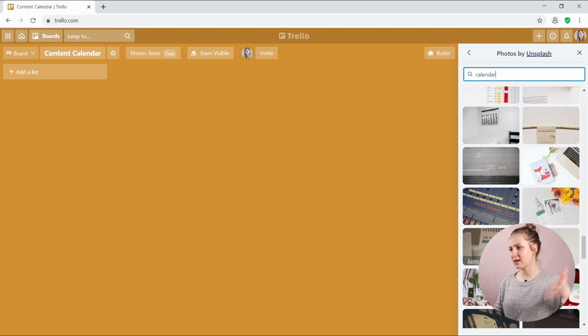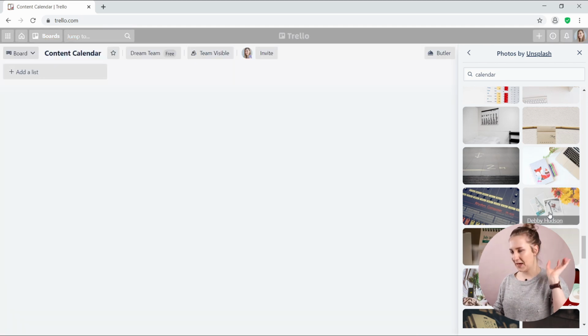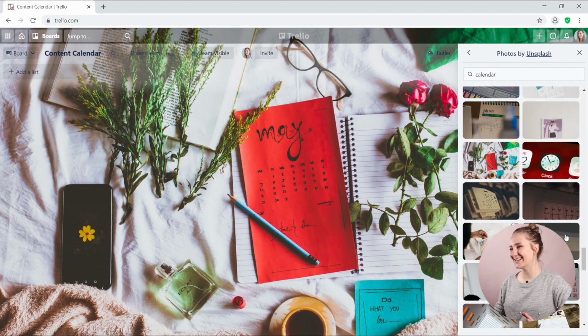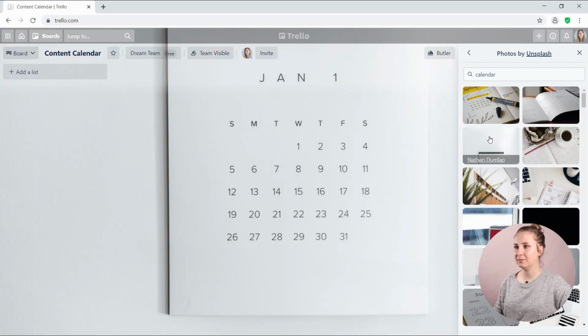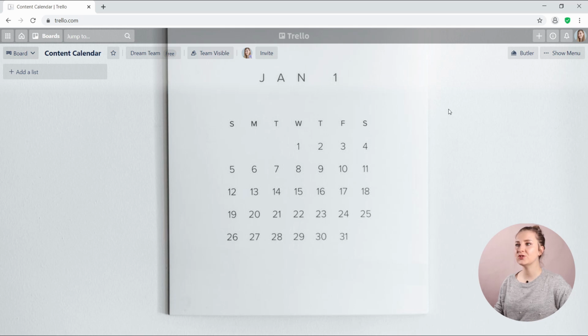But of course, if you want to play around with the more flamboyant ones, you can of course choose those. But let's hit a plain one, and this is something that I prefer. All right, so we need to start off with creating the different lists, which in my case will represent, again,